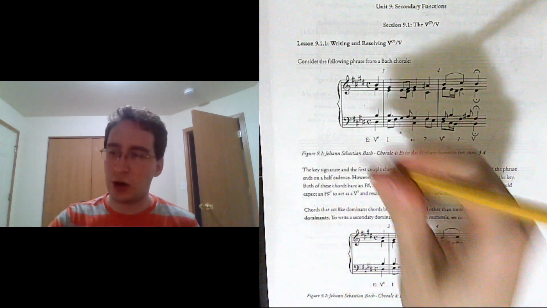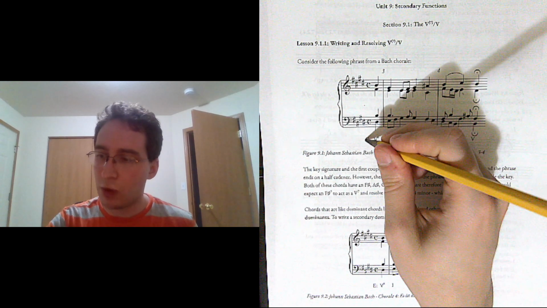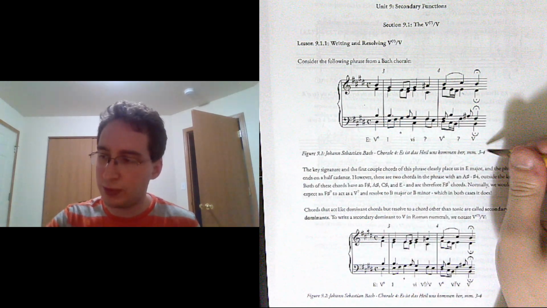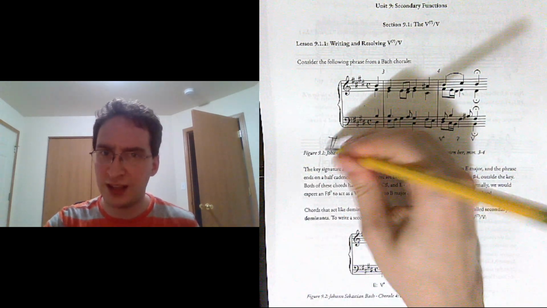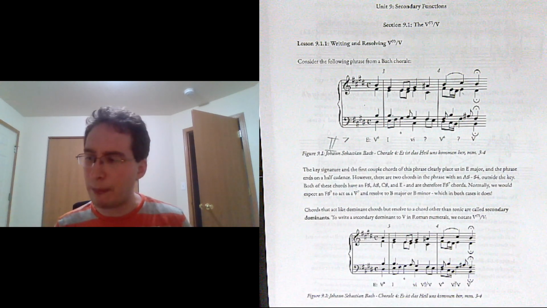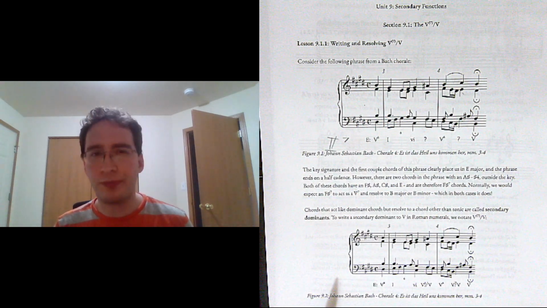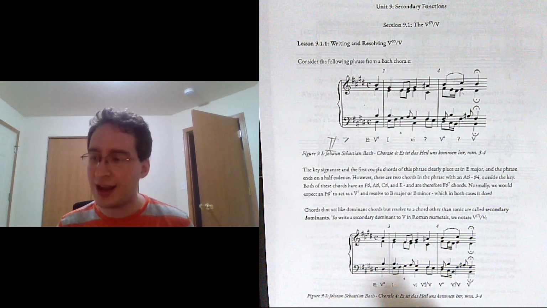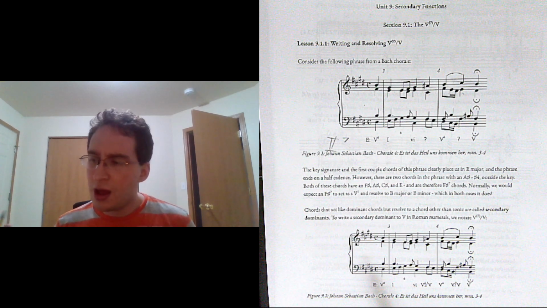What is F sharp in the key of E? Well, if E is 1, then F sharp would be 2. So would we write that it's a II dominant 7 chord? No, because we expect 2 to be minor and act as a predominant chord. But